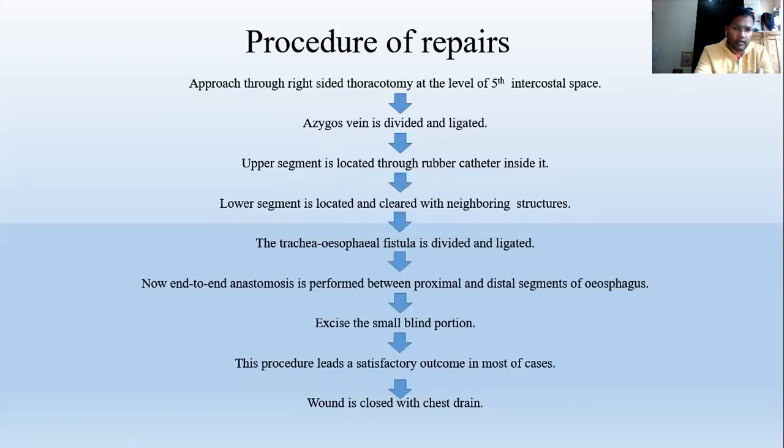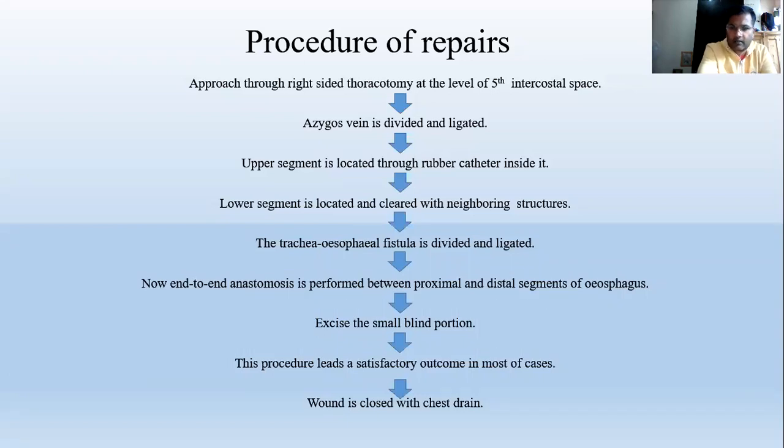After entering the fifth intercostal space, you find the proximal segment of the esophagus with the tube inside, and then you catch hold of this. The lower segment should be located, found and divided from the neighboring structures, trachea and other structures. And if you find there is a fistula, either with the proximal segment or the distal segment,